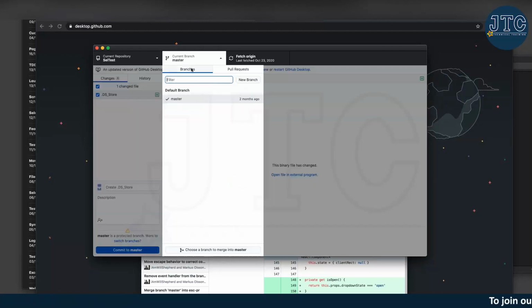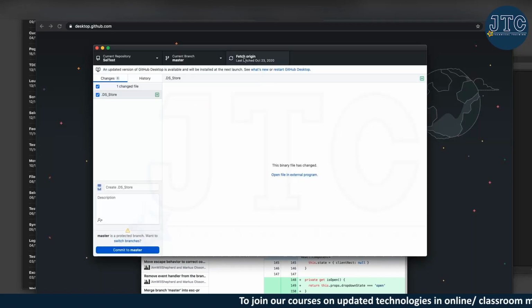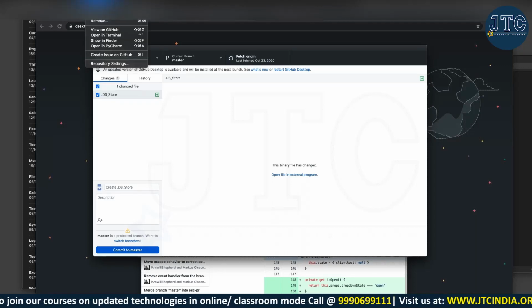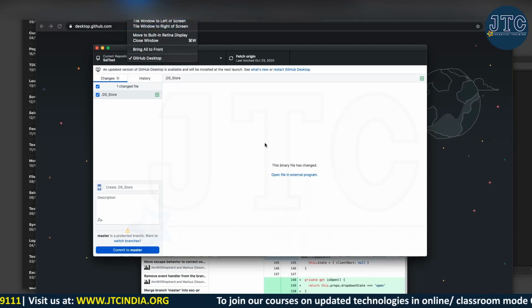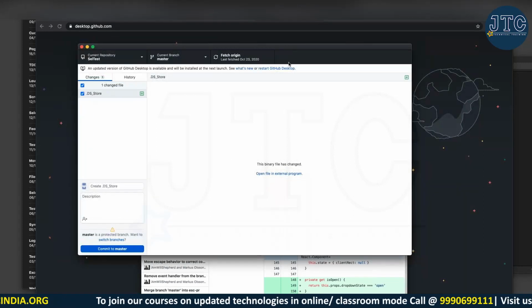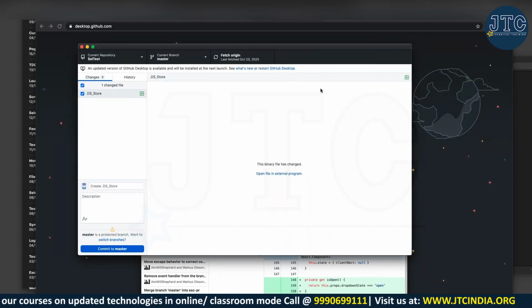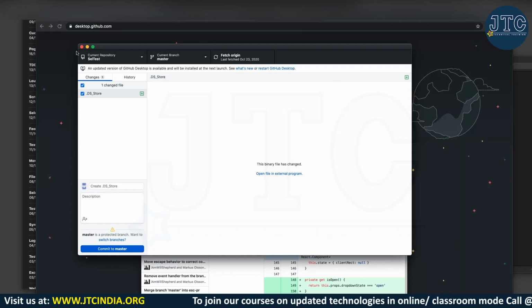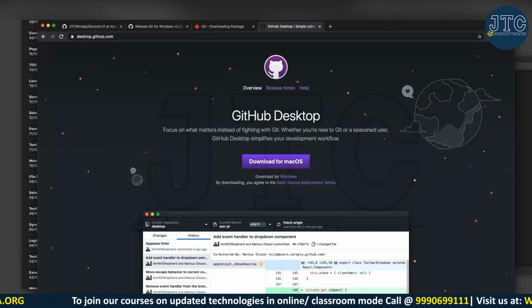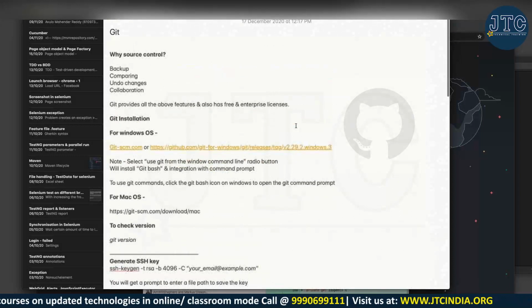You can even go to the current branch, pull requests, everything, just in a different way. You can fetch origin, which is basically the Git pull we were doing. Even in the menu bar, you can see repository, push, pull and all these things. You can create a new branch and everything. Just do different explorations. The way I did it, with your own Gmail account you can create a new GitHub account and follow the procedure. I will create a PDF file with notes and you can follow it. It's pretty much simple.